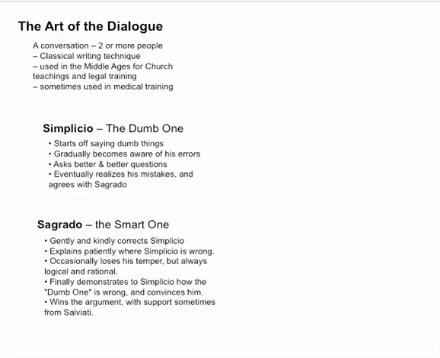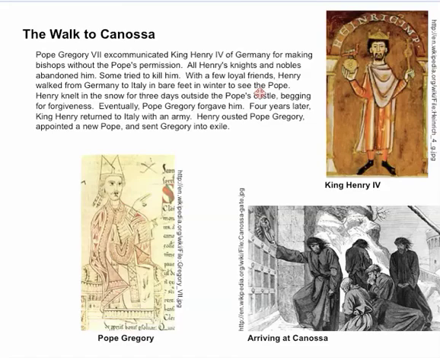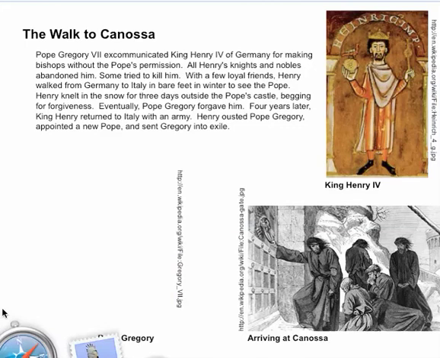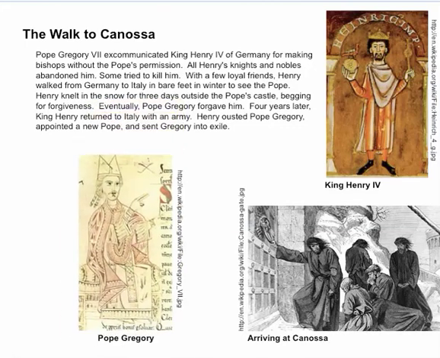So we'll leave Salviati out of the picture, and we'll look at an example from today's homework. The basics of the story in our book is this. Pope Gregory excommunicates King Henry IV because Henry is meddling in church affairs. Henry IV puts on very simple clothes and he walks barefoot from Germany to Italy in order to persuade the Pope to forgive him. Pope Gregory does forgive him. Henry walks back to Germany, reclaims the crown, raises an army, puts down all of his enemies in Germany, and then comes back to Italy and deposes Pope Gregory and installs a new pope in his place.